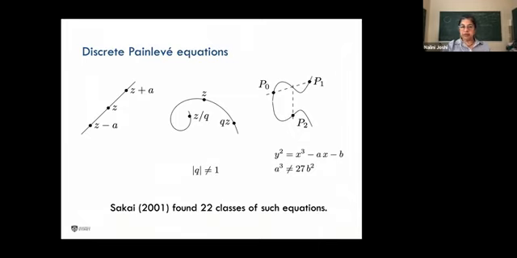DP1, discrete Painlevé 1, which I just showed you, falls into this first class on the left-hand side, where a coefficient function, n, is iterated on a line, but there are others which are iterated on complex spirals by multiplication by a parameter q, or iterated on elliptic curves. And so there are three flavors of discrete Painlevé equations, and within that description, Sakai found 22 classes of equations,